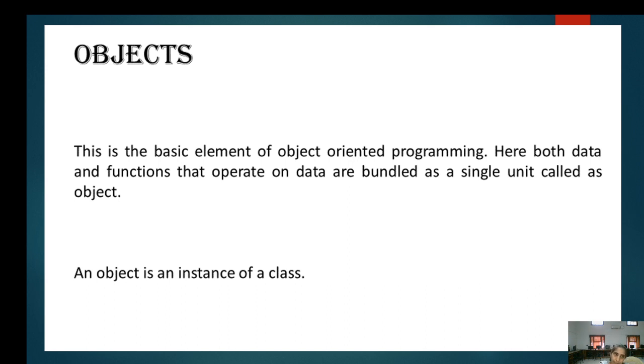For example, we define a class student, then we define student S1 or student Sahil, where Sahil is the name of a student. So Sahil actually exists. But if we talk about a student, there is no such thing. Student is just a scheme, while Sahil actually exists. So objects are basically the existing things or entities which we can see, touch, feel. So they are the basic elements of OOPs.